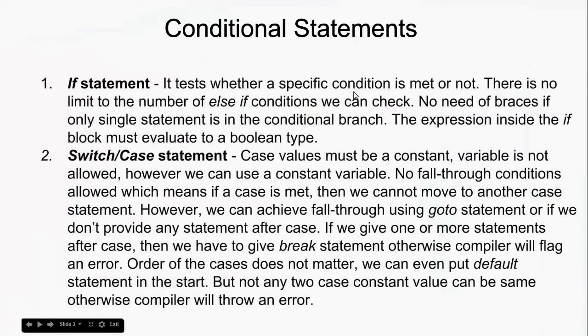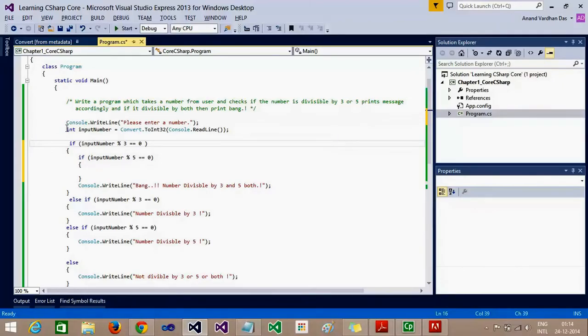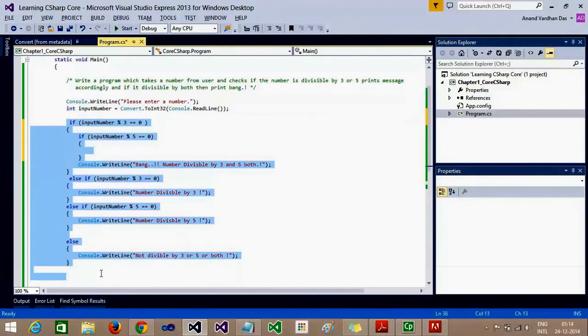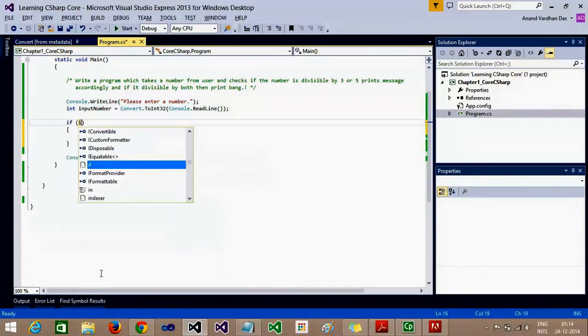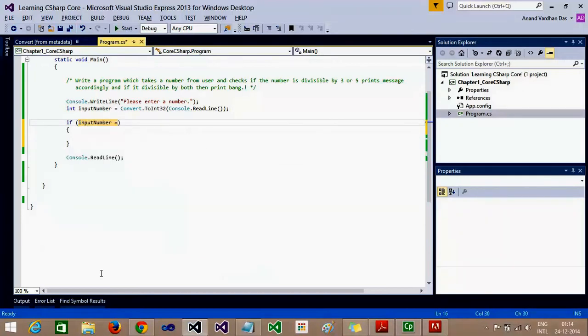Now we'll see one more statement here: there is no limit to the number of else if conditions we can check. So we can put an unlimited number of else if conditions, and there is no need for braces if only a single statement is in the conditional branch. Suppose I am writing if input number equals 5, and I have to print just a single statement.